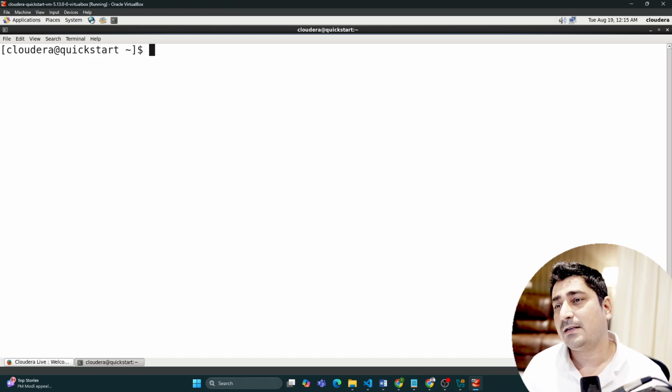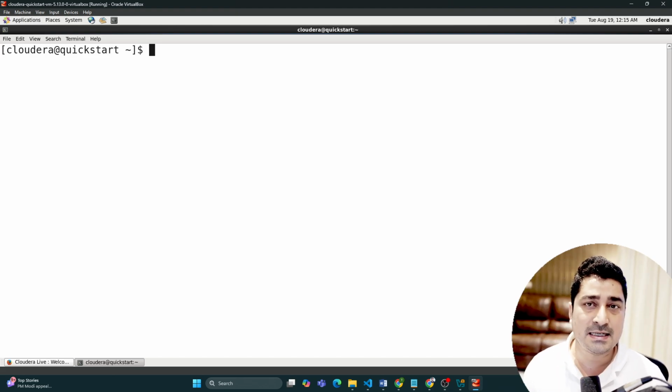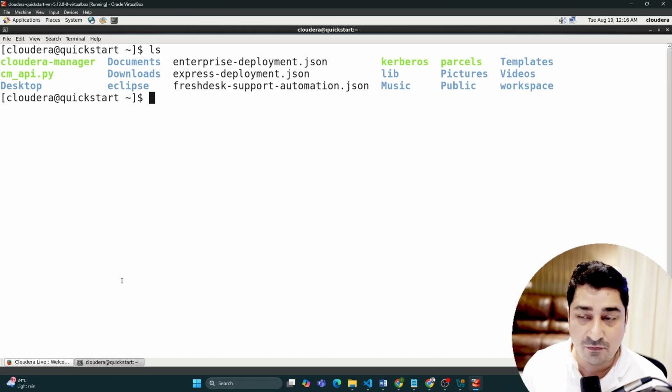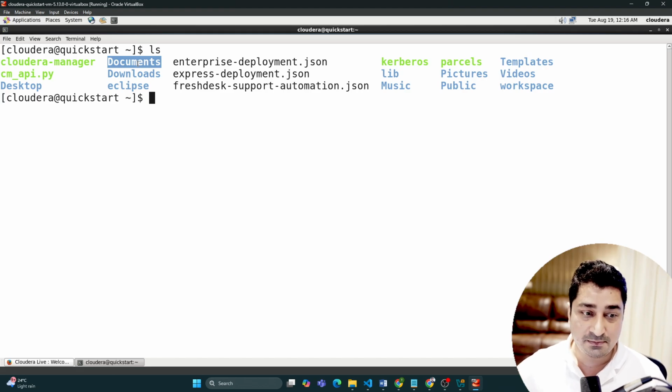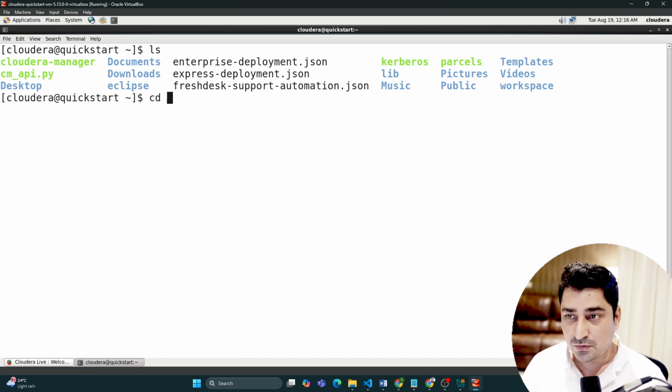Now here, let's suppose I have to create a directory, a folder. How will I be able to create a folder? Or let's suppose I have a folder, so let me do ls over here. I have a folder called documents, and I have to get into this folder, to see something which is available inside it. So how will I be able to jump into it? Here I can simply do cd